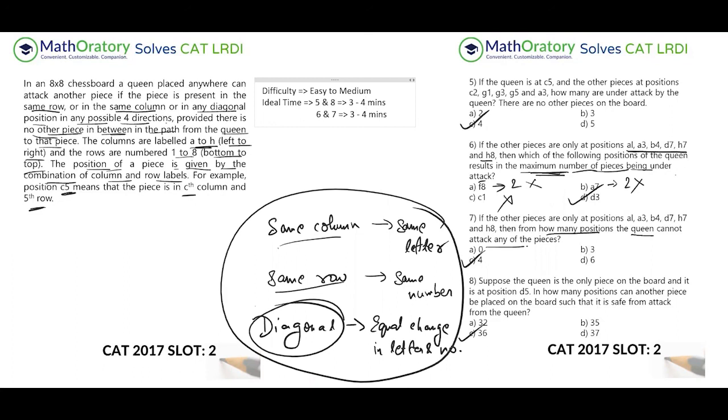because those are the first two questions you solve after reading the set. So reading the set time is also involved here. And 6 and 7 would again take somewhere around 3 to 4 minutes. But the other good part of this particular set is that you can treat this as a DI set, right? I mean, you don't solve anything in the set itself. So it's not mandatory you solve all the 4 questions. You can just quickly solve 5 and 8, move to the next sets, and then come back